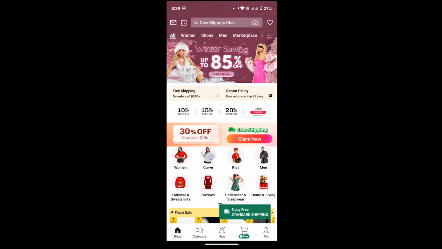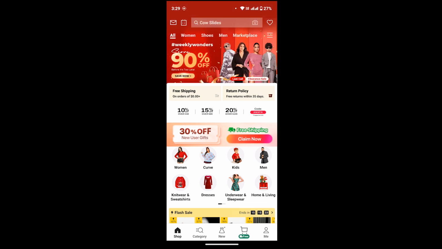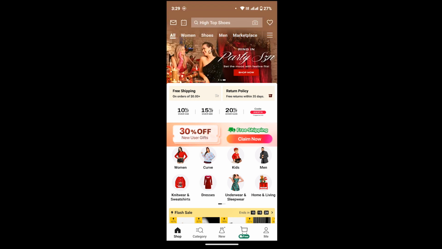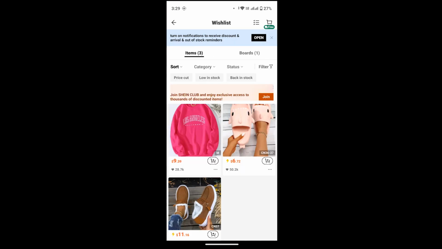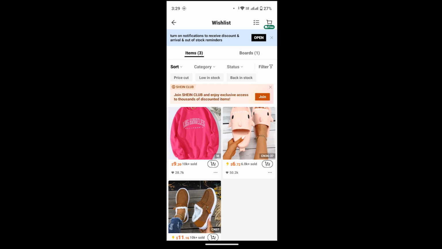After that, once you are on this page on your device, to view your wishlist, at the top right corner of your screen, you will see a heart icon, that is wishlist icon. So simply tap onto that icon and here you will be able to see all the items that you have